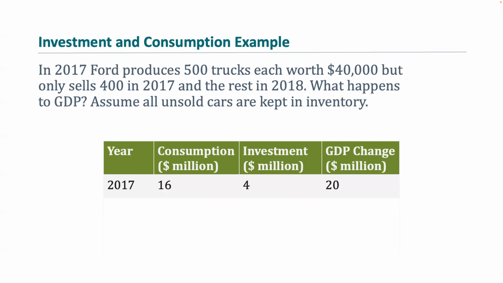Here's another example for you on investment and consumption. In 2017, Ford produces $20 million worth of trucks. However, only 16 million, or 400 trucks times 40,000 each, are bought. So 16 million goes to consumption while the other 4 million goes to investment because those trucks are kept as inventory. In 2018, the remaining 100 trucks worth $4 million are bought, which means that consumption went up by 4